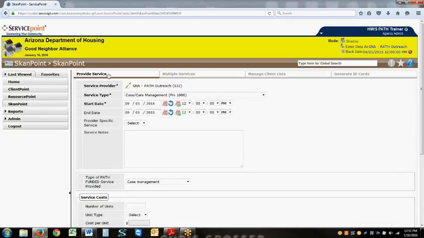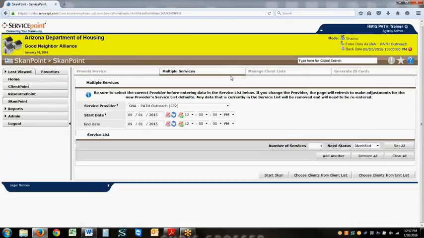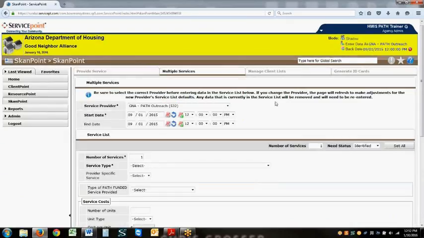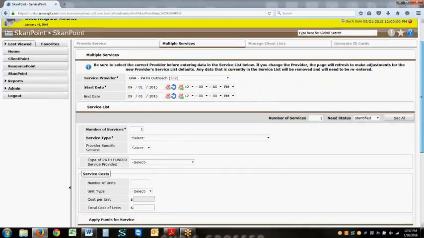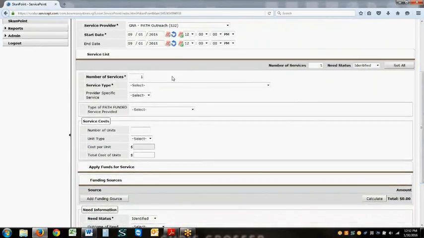From the Provide Service tab, I would like for you to locate the Multiple Services tab and click it. I have a group of clients that came to me needing housing counseling and personal financial counseling. I've provided that service and I need to document it within the system. So from here, I will double check to make sure that my service provider is listed, my start date and end date are listed, and then I will begin to complete the service by making sure the number of services